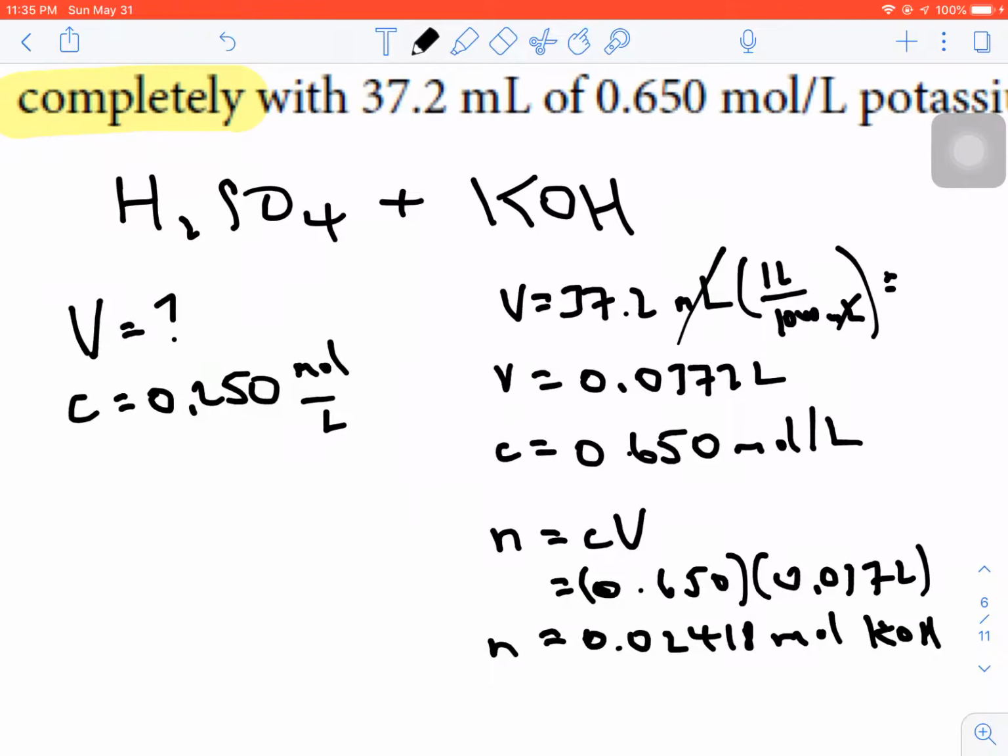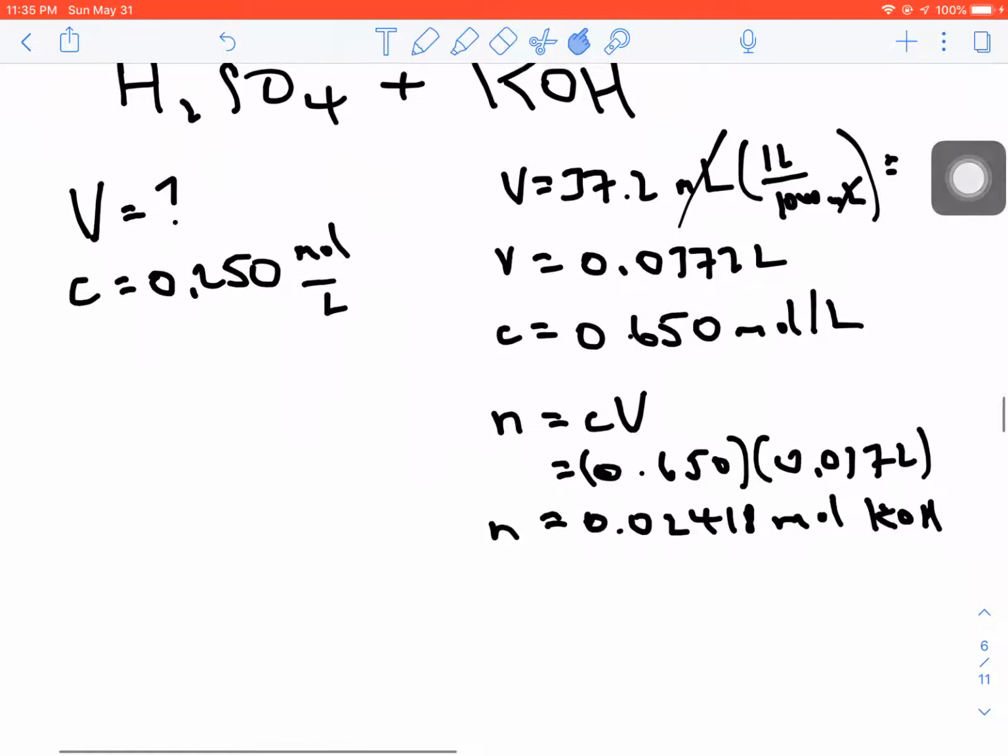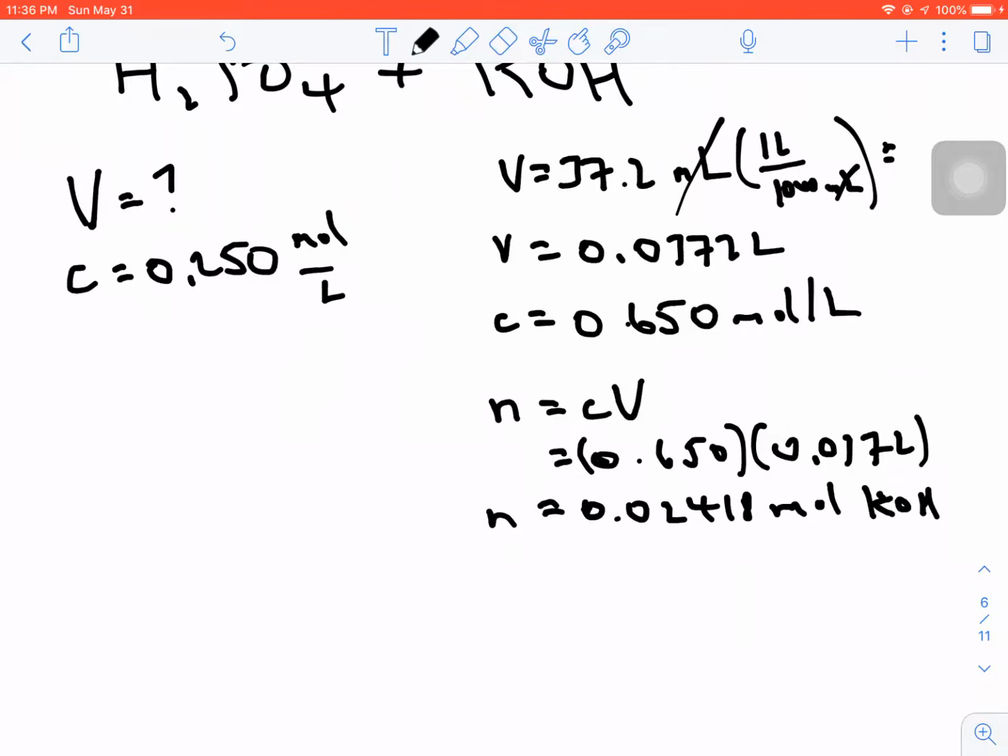Now, notice that, remember we said bases have OH and acids start with H. Notice that this has two H's, right? Which means this sulfate here has two hydrogens that it can use, so one of these will neutralize two KOHs, because both hydrogens from here will each require an OH. So my mole ratio now, I need to use mole ratios to figure out my number of moles of acid is equal to my number of moles of base